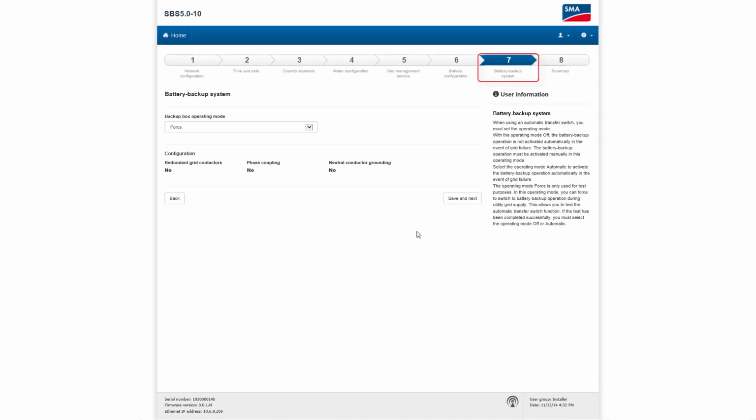The new Sunny Boy Storage is equipped with an integrated secure power supply, through which it can supply power to small loads in case of a grid outage. Or if you choose the optional battery backup box, it would even be able to supply your entire home during a grid outage. If you have this battery backup box option, you should choose automatic as operating mode here. Or you could immediately start a test of the battery backup supply by choosing forced as operation mode here. But in our today's example, we simply switch this backup feature off. But keep in mind that this feature can be retrofitted if a customer changes his or her requirements at a later time without any problems. So let's click Save and Next for the very last time now,